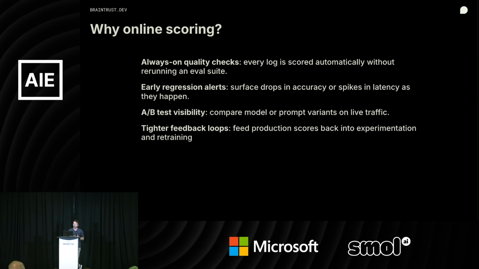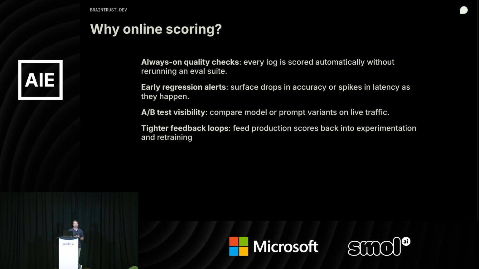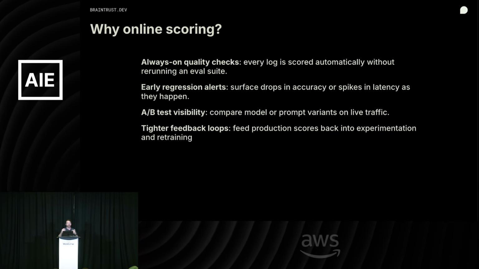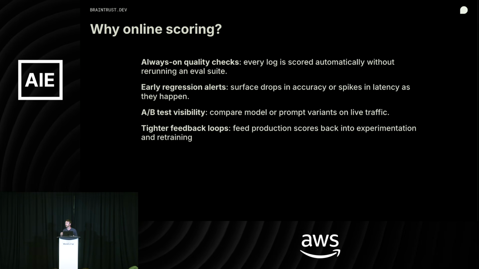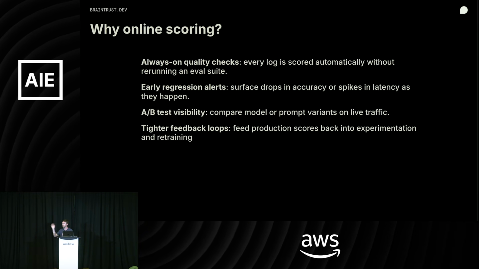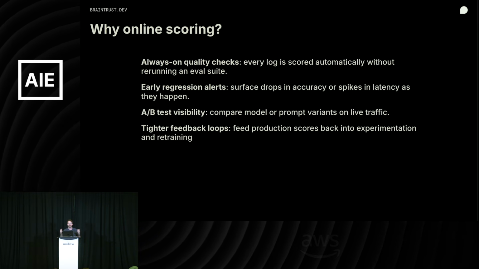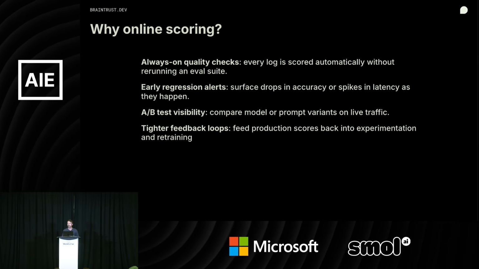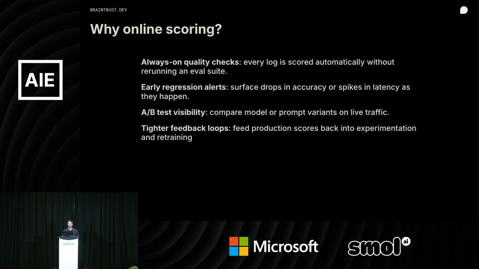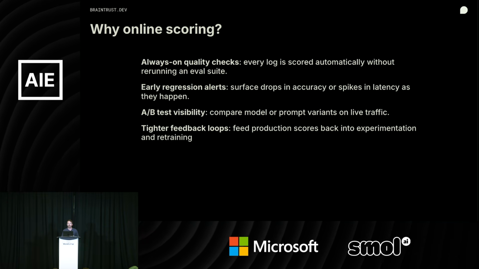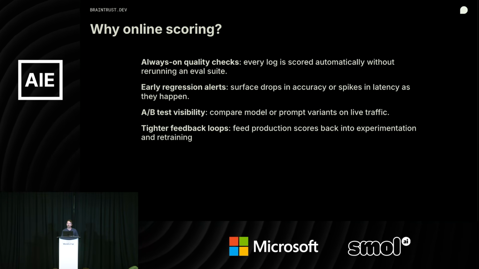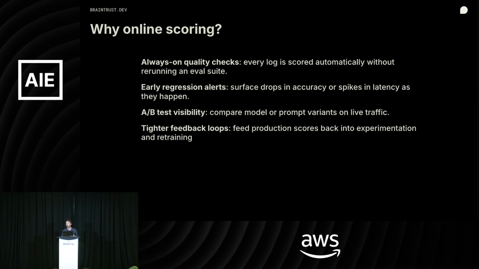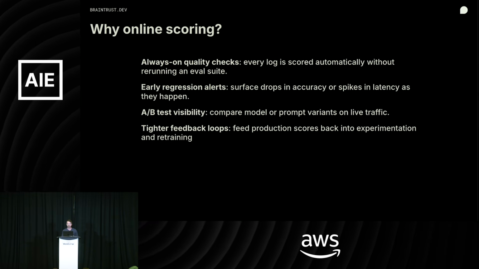This leads us to online scoring, right? I talked a little bit about this. This is where, when our logs are coming in, we can configure within the platform those scores that we want to run, and we can specify a sampling rate, so we don't necessarily run that score across every single log that comes in. Maybe it's 10%, 20%, so on. But it creates that really tight feedback loop that I've been talking about. Also, maybe just important to mention, the early regression alerts. So we can create automations within the Braintrust platform. If my score drops below a certain threshold, let's create an alert with our automation feature.